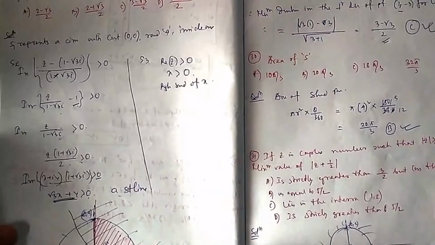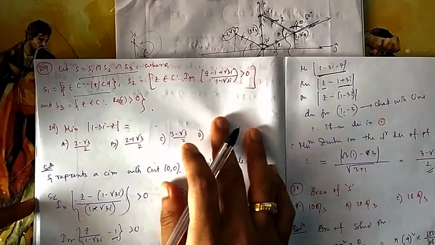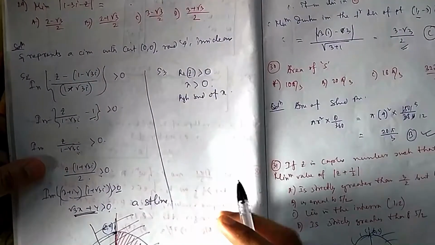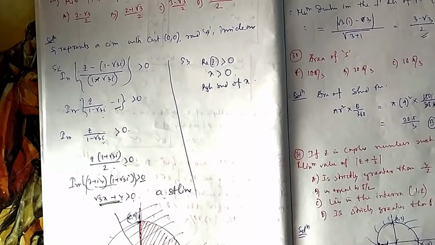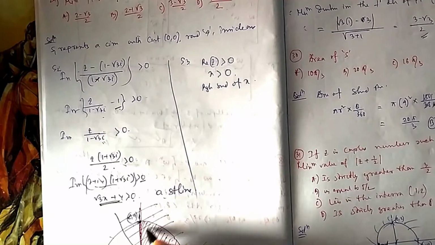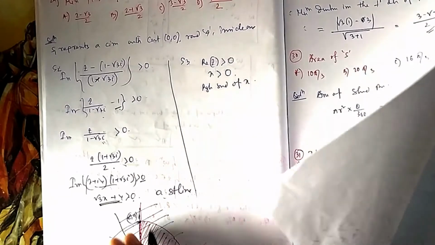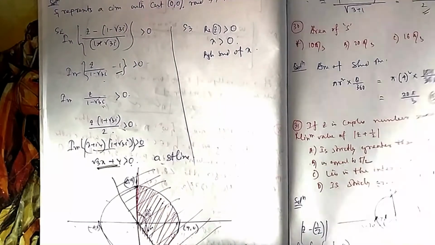Now if you come to 30, they are asking you to find the area of this S1. What is this S? S is the intersection of these three. If you see these three intersections, actually your Z was not on this line. Z should be on this side. This is Z, the red portion that I have done. You can see it is inside the circle, its real part is positive and it is also on the right side. So anywhere Z is, the smallest distance is that one.